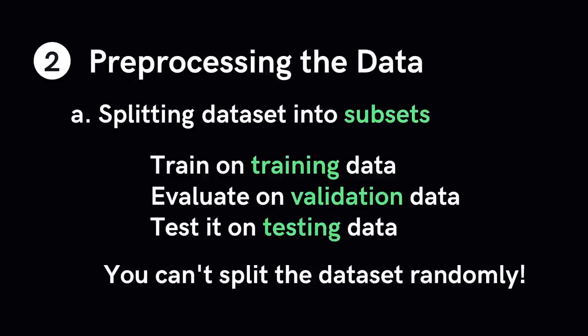Now, it is reasonable to ask the following question: why not have 2 sets, training and testing? In that way, the process will be much simpler. Just train the model on the training data and test it on the testing data. The answer to that is developing a model involves tuning its configuration. In other words, choosing certain values for the hyperparameters or the weights and biases. This tuning is done with the feedback received from the validation set and is in essence a form of learning.